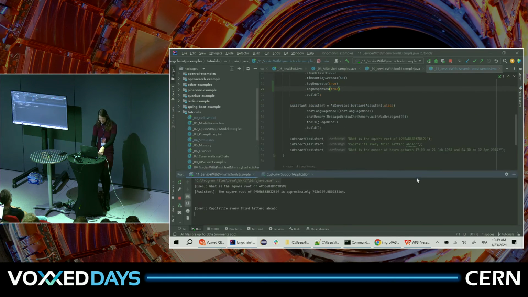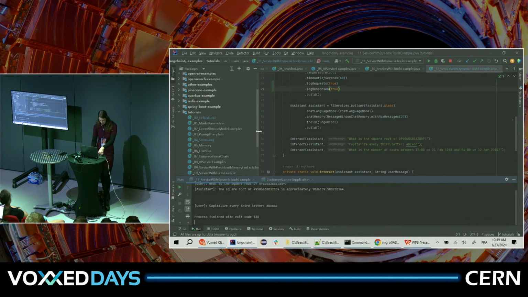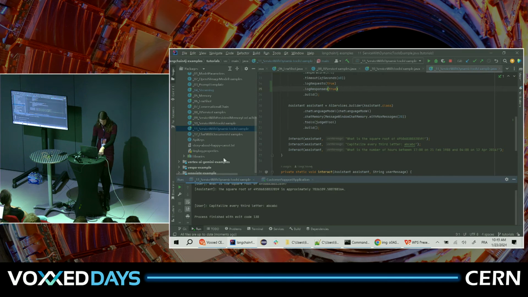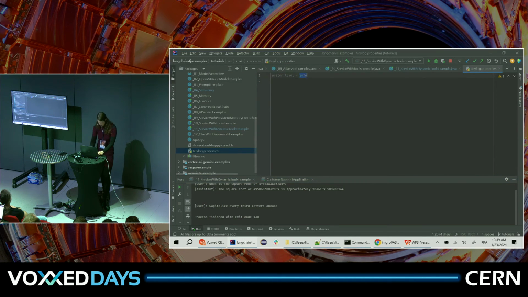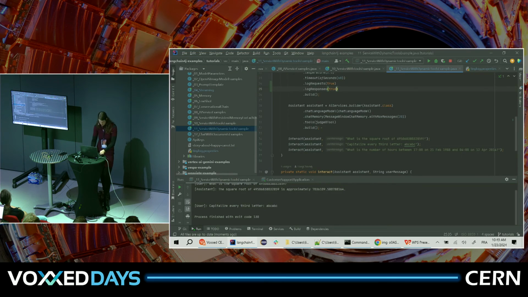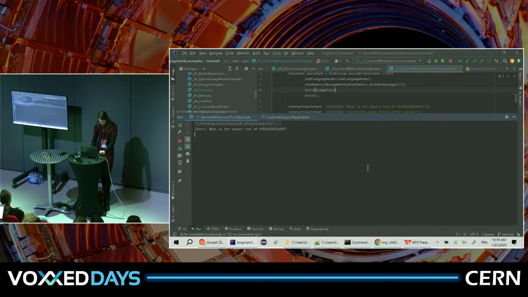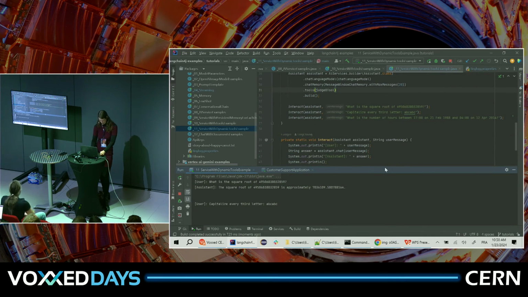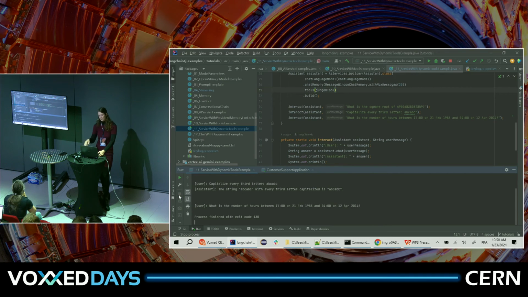Okay, no. Wait, let me... Also interesting, by the way, to know where the logs are. We have this tiny log default built in. Let's see if this changes anything. We were here. It's not looking good. Normally this works, but not today. I would have to clean my build or something. Sorry. Actually, this really works, by the way. If you do this at home, these are the two ways to get your output visible there.